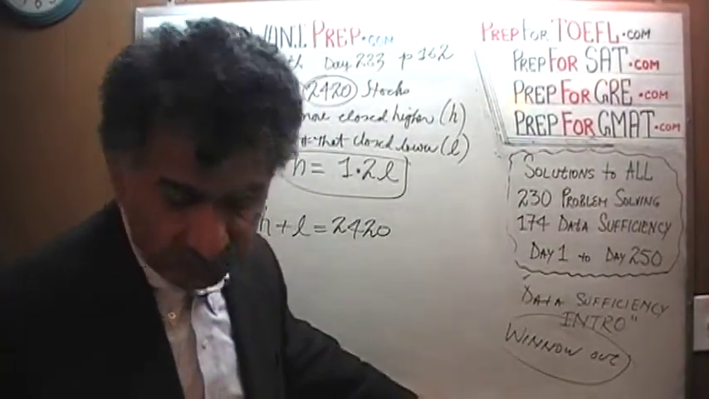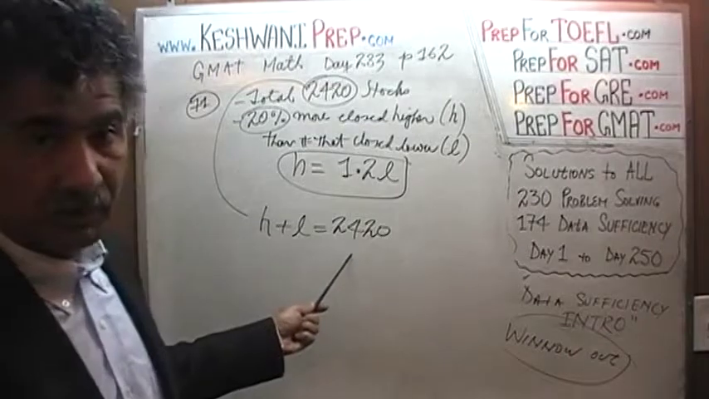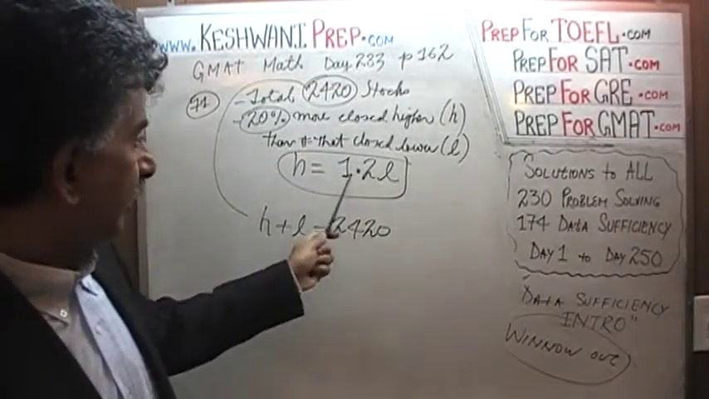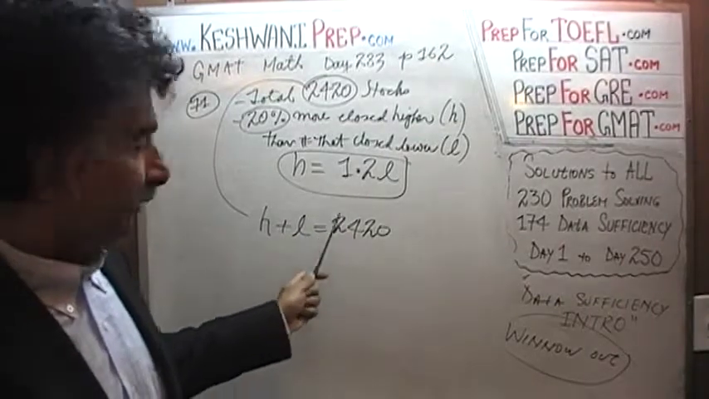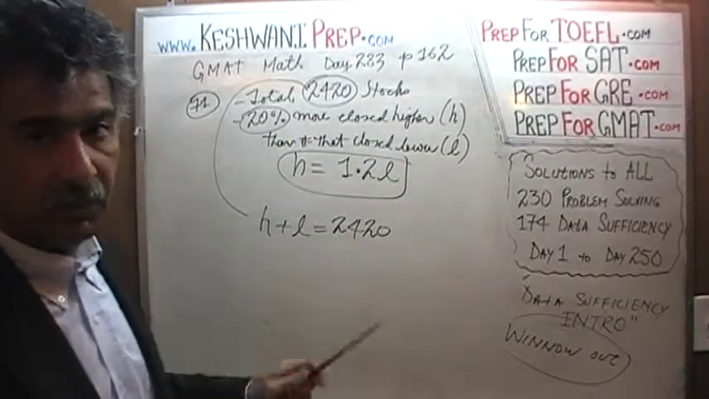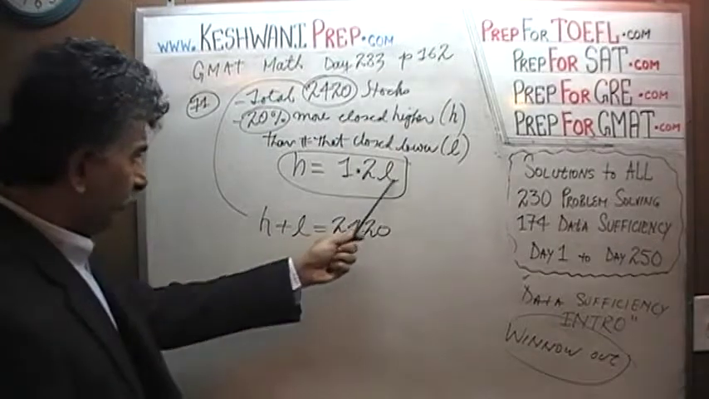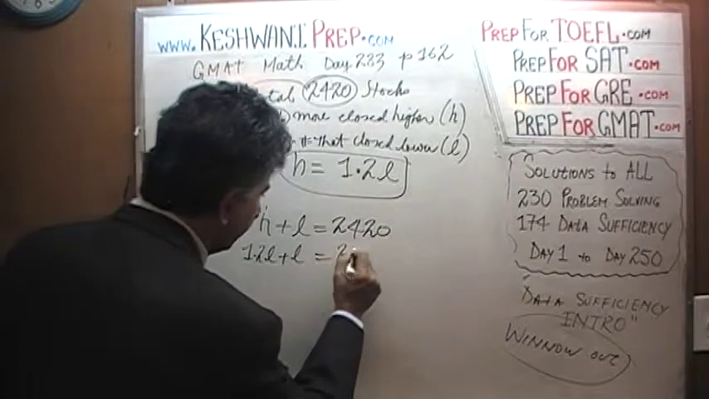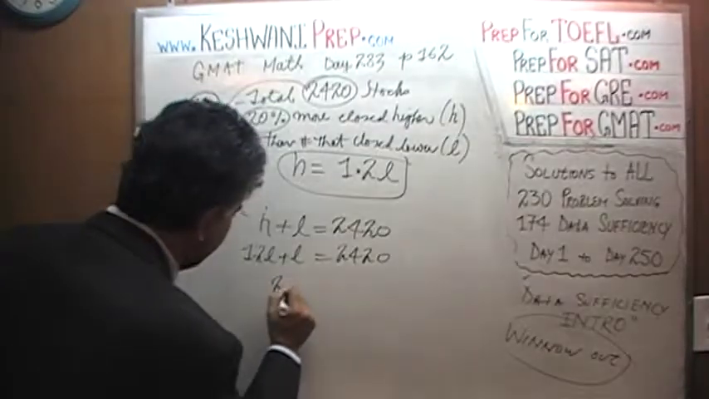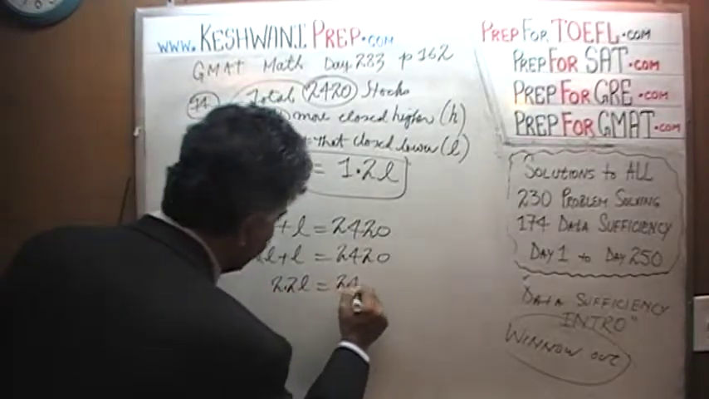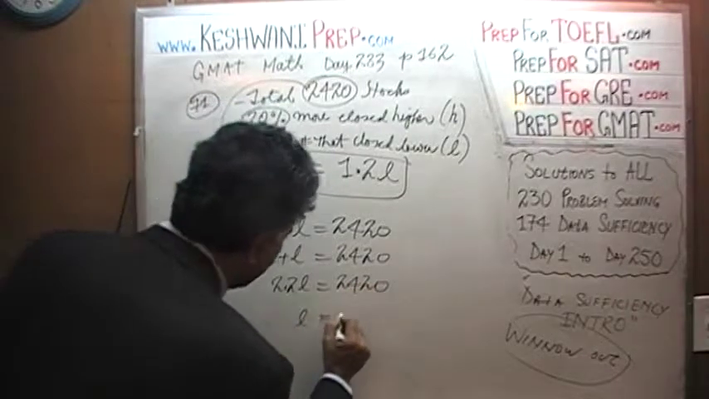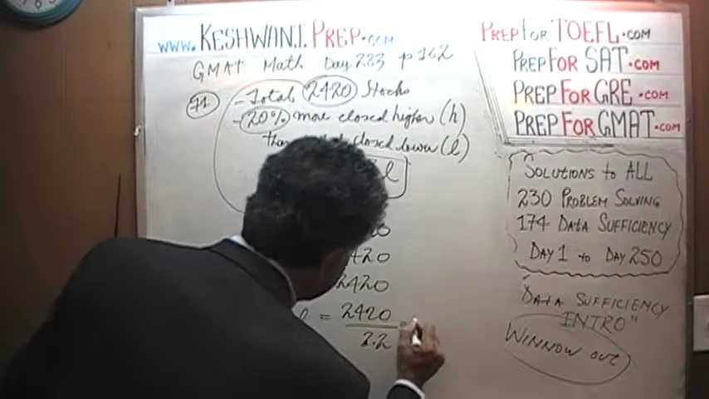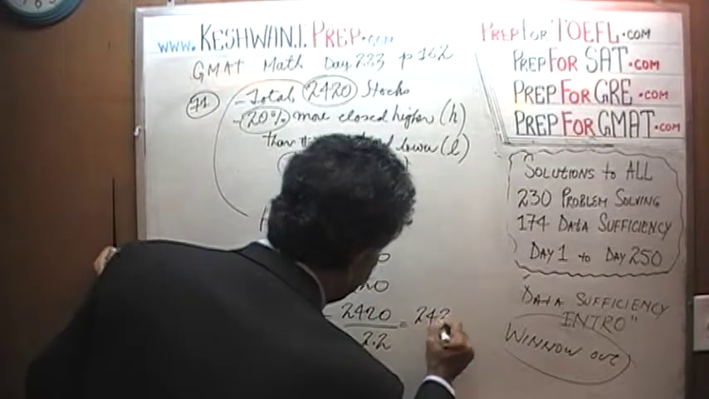We are looking for the number of stocks that closed higher. It's pretty straightforward now. We have two equations: H plus L equals 2420, and H equals 1.2 L. We substitute the value of H into the first equation, and we are done. So 1.2 L plus L equals 2420. That means 2.2 L equals 2420, which means L equals 2420 over 2.2, which is the same as 24